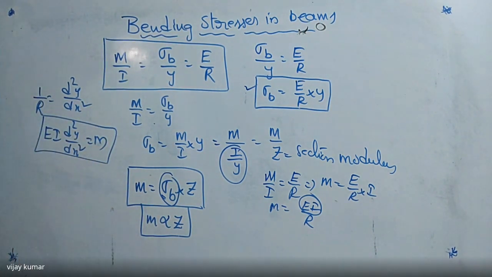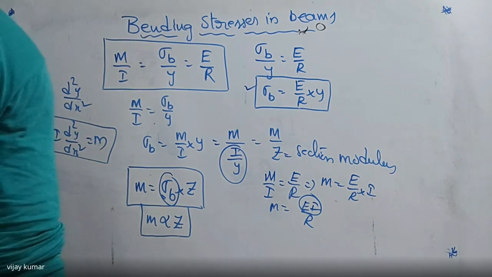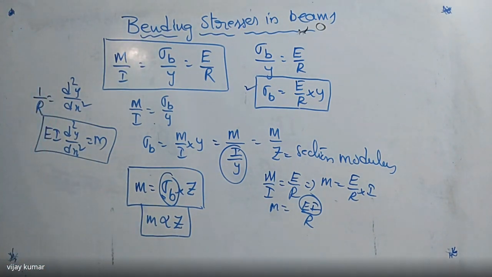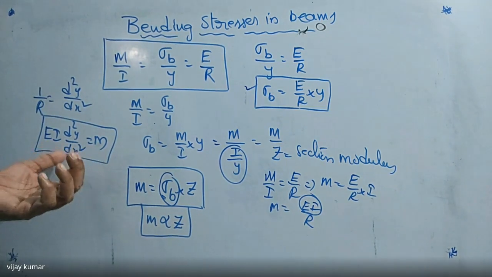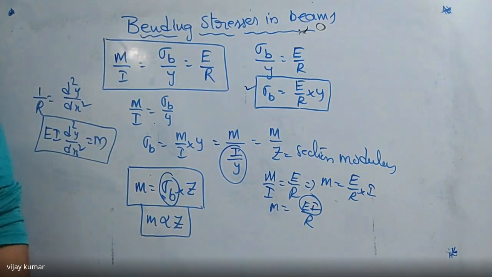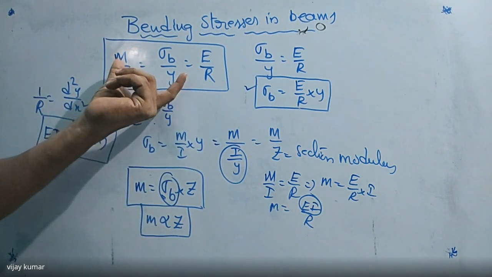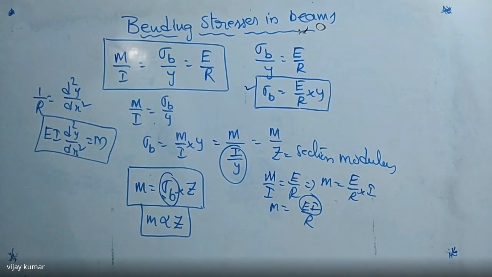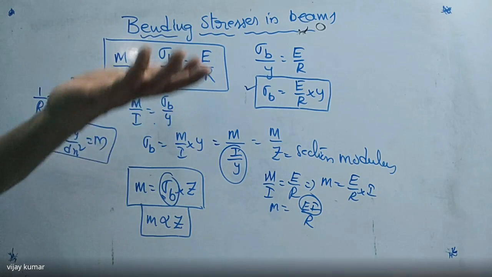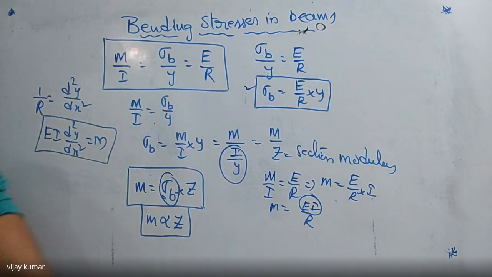By using this formula, we can design the beam for varying cross sections also, and for maximum or minimum deflection, the maximum slope and minimum slope, we can calculate each and every value here. Right. So here I can use this equation to find the bending stress where it is maximum, where it is minimum, by substituting the boundary conditions, that is, y is equal to 0 and y is equal to some maximum, d by 2, like this.